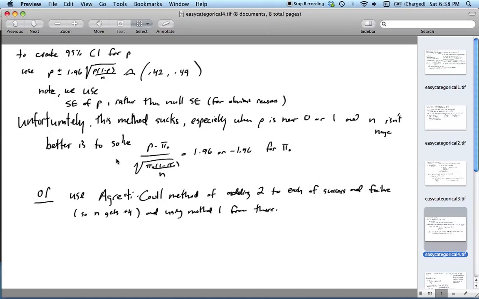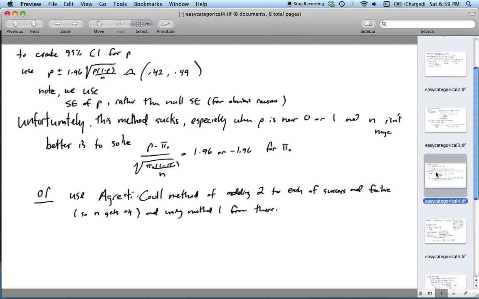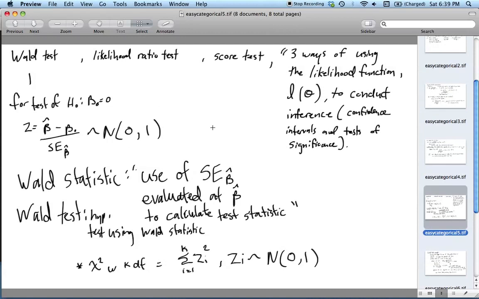And I should mention, to actually solve this, you've got to multiply by this, and then you've got to square. So you end up with an equation that's quadratic in this pi naught. Then you have to sit there and solve that, using the quadratic equation or some kind of computer software. Anyway, okay, so then we get on to our big